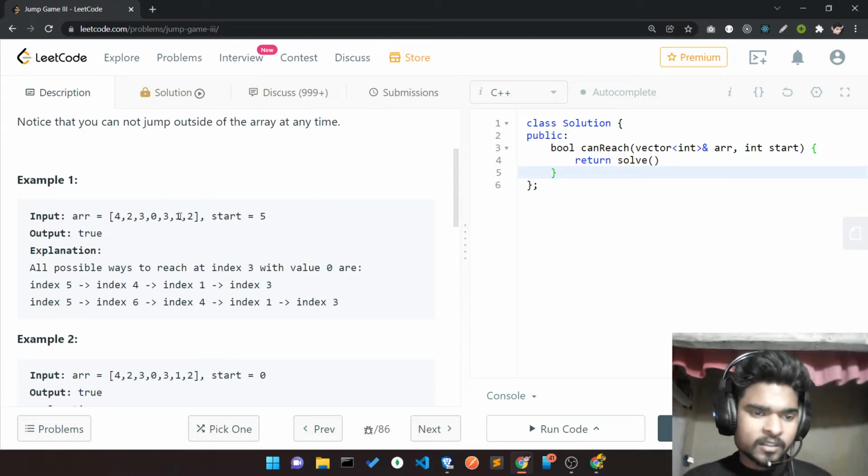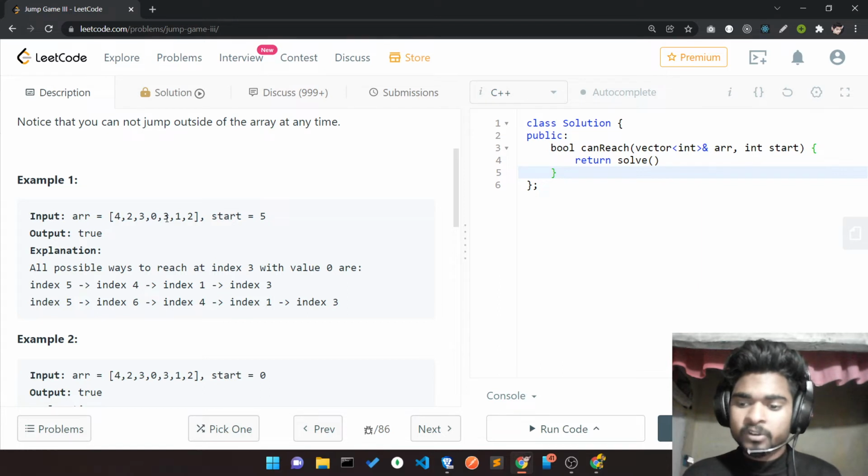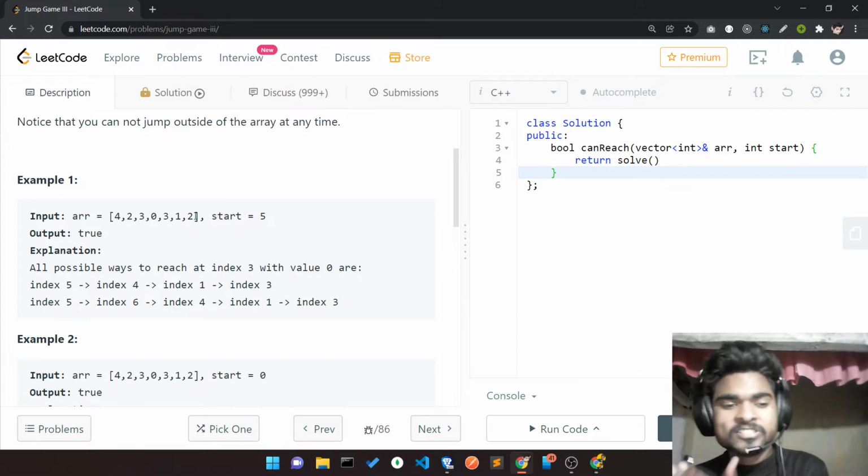But one thing I notice is that whenever I call BFS, there is a high possibility of redundancy. Let's say I'm here and call it here, and I call it again here. When I'm at position 6 and subtract 2, it reaches here again. So I call this function when I'm at index 5, and I call it again when I'm at index 6.